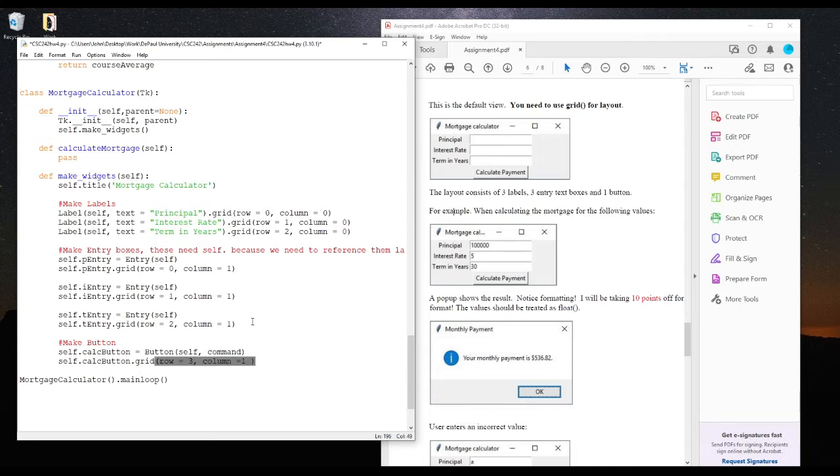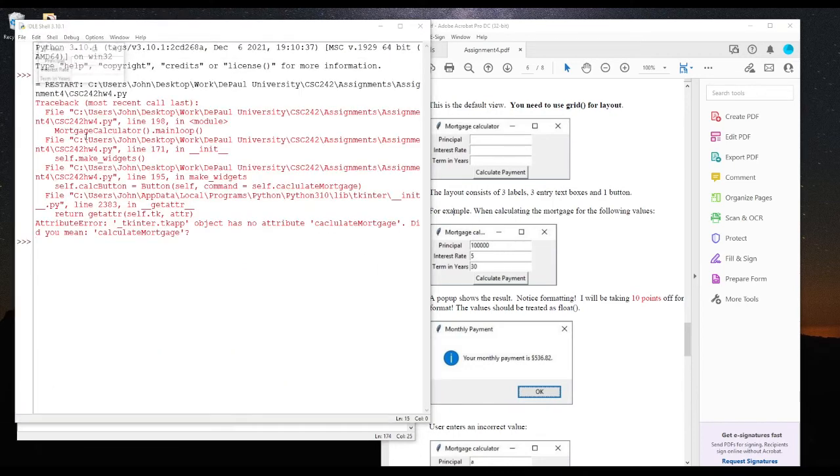There's a few things that we need to understand happen when we run this command. So normally what we want to do is say, okay, I have a command within my object-oriented class called calculate mortgage, and I want to run it when I click this button. So buttons pretty much work when they say, okay, my command is going to be equal to self.calculate mortgage. And now let's just go ahead and see if this works for us. I'm just going to print testing for the time being, like so. Now, if I run my code here,